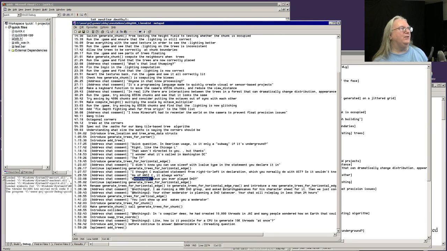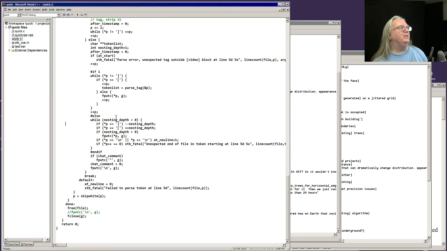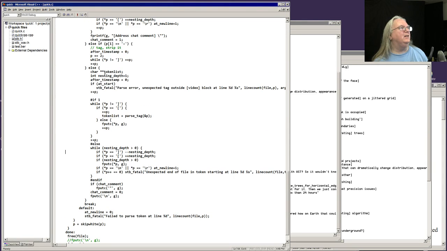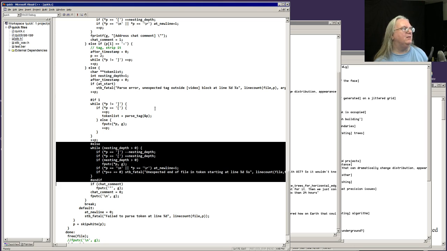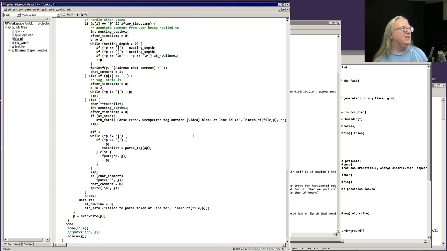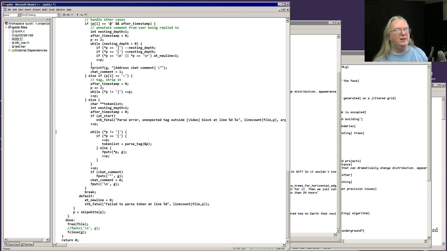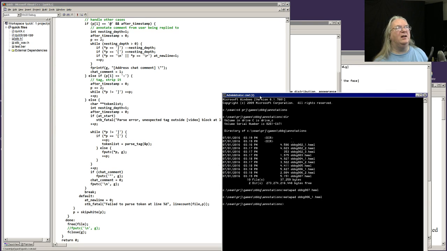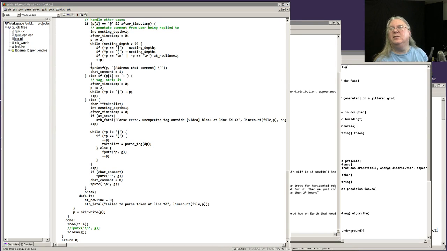So let's do that. Let's eliminate the tags at the beginning. Okay, so that's in this stuff. Okay, so this code is dead now. I have not backed up any of this. I should probably do that. Okay, so